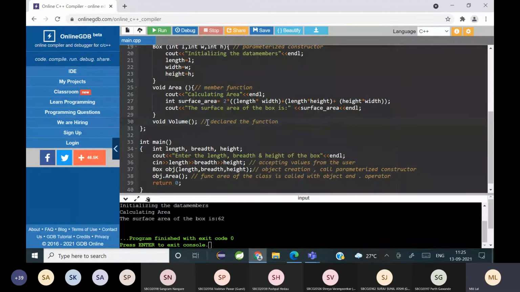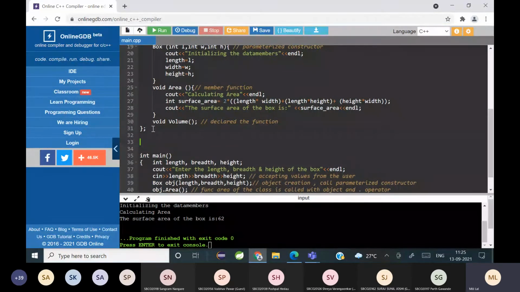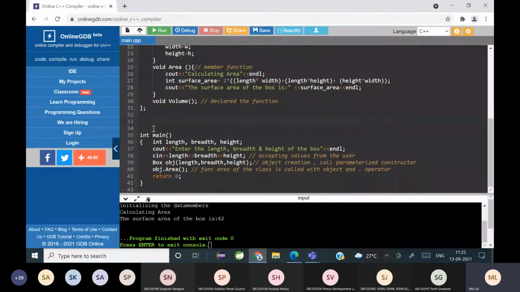So you can declare such a function. I have just declared the function, and I have not written the body of the function. Suppose I want to write the body of the function outside the class.